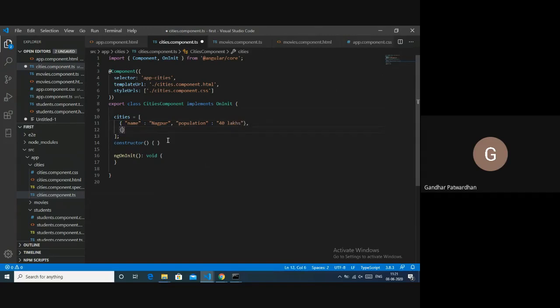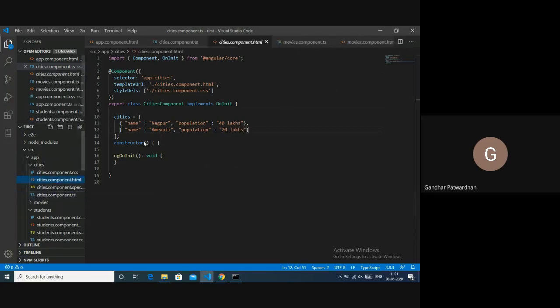Then I'll have name, say Amravati, population, say 20 lakhs.